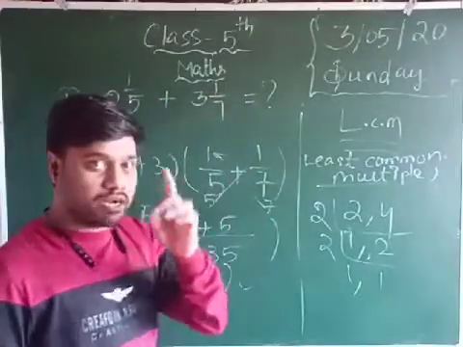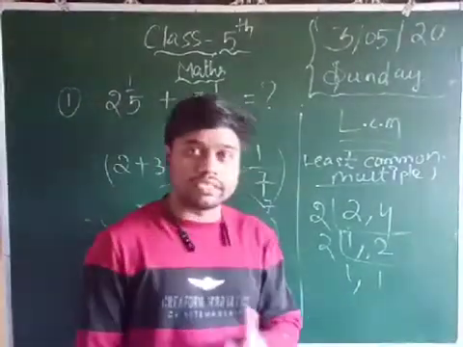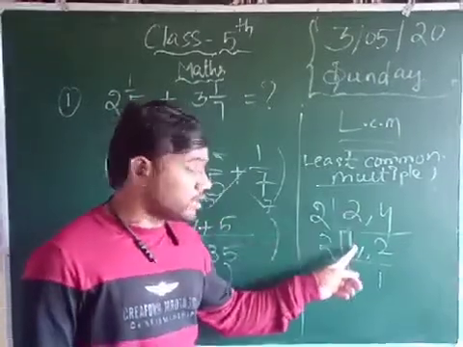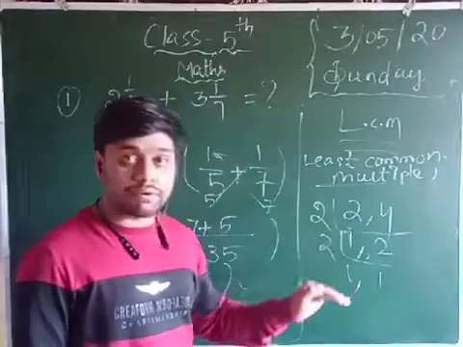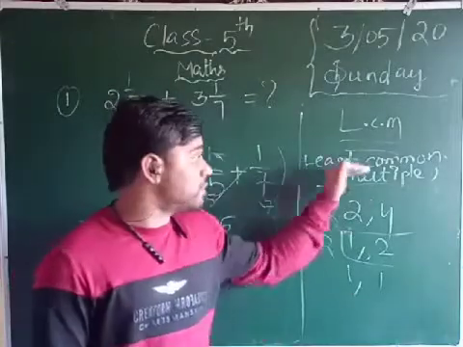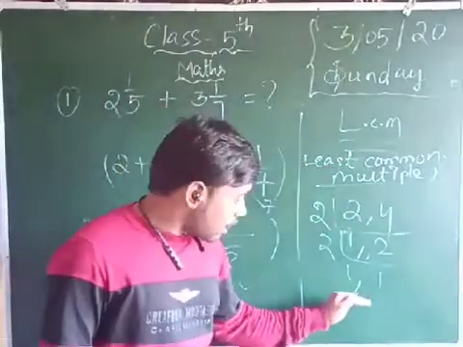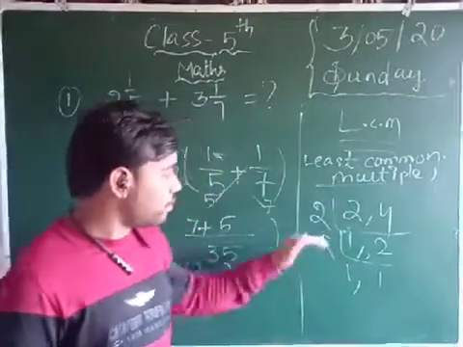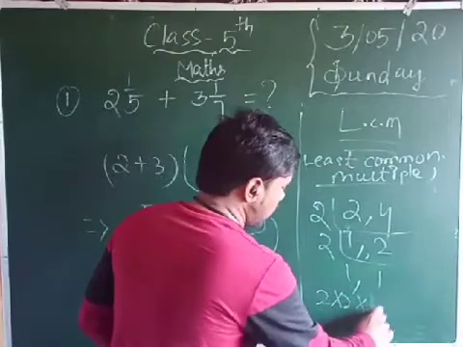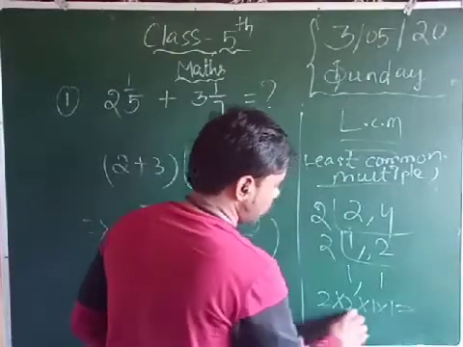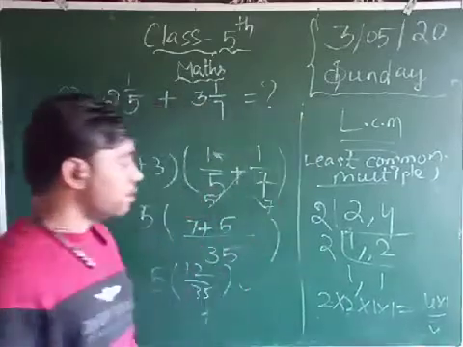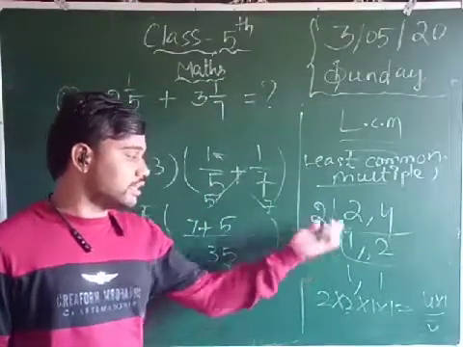Listen guys, you have to keep in mind for LCM: continue until lastly 1 and 1 come, doing it step by step to solve the answer. Whatever comes at the end as 1, that is the end of the LCM. Okay, that much is LCM. Now 2 into 2, take 2 into 2 and the remaining 1 into 1. Now 2 into 2 is 4 and 1 into 1 is 1. Now 4 into 1 is 4. Okay, now the LCM is over.